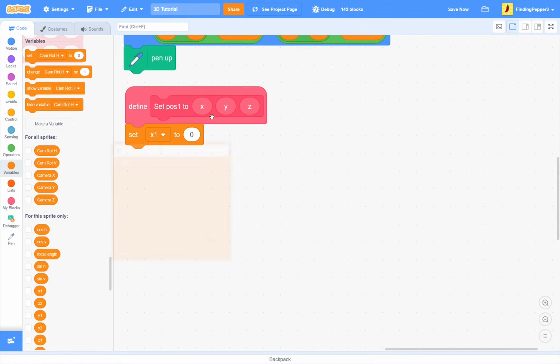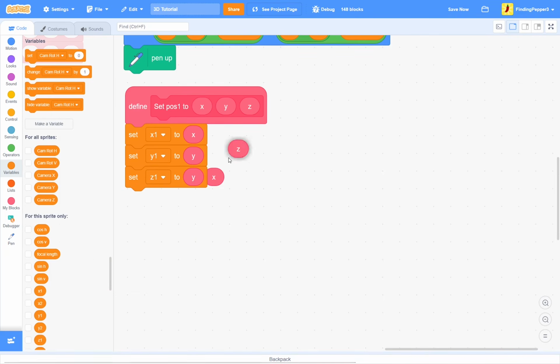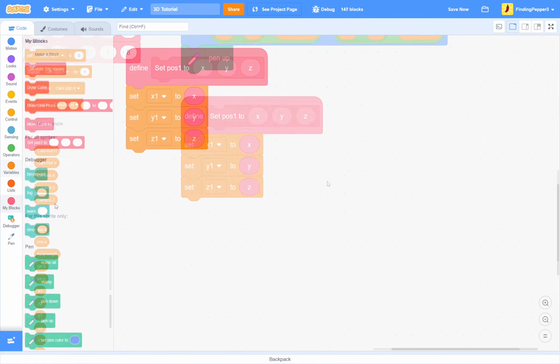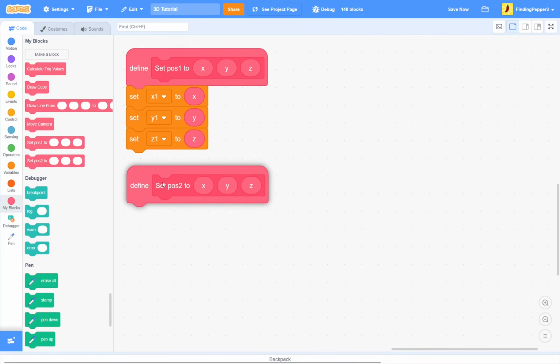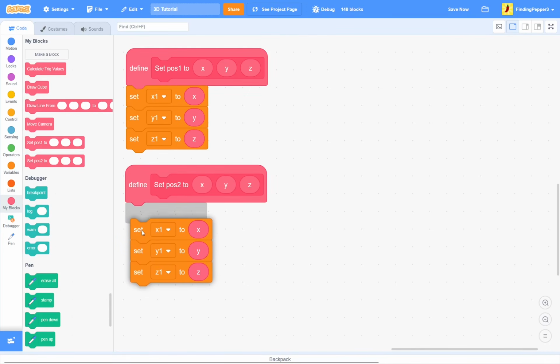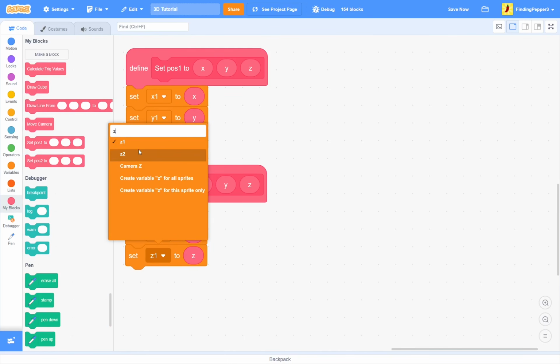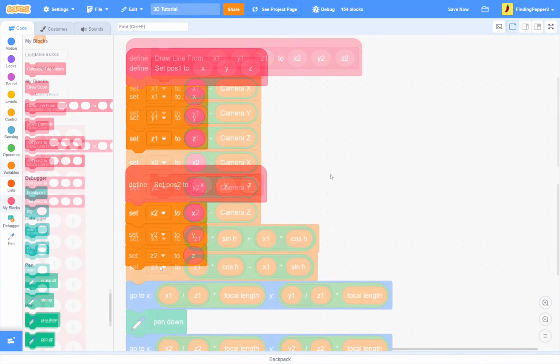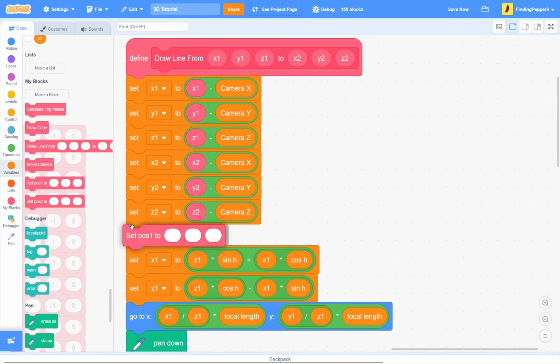Inside, simply set x1 to x, y1 to y, and z1 to z. I'll make another one for pos2, called setPos2 to x, y, z. You can just copy the code for setPos1 and change the x1, y1, z1 to x2, y2, z2. Just like that. Now back in drawline, we can use this block, setPos1 to, then move what we set x1